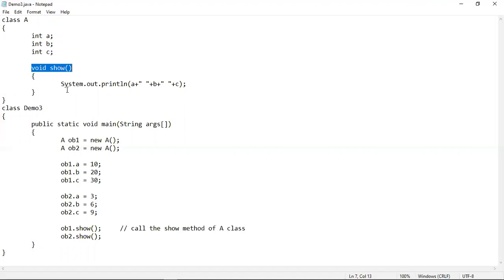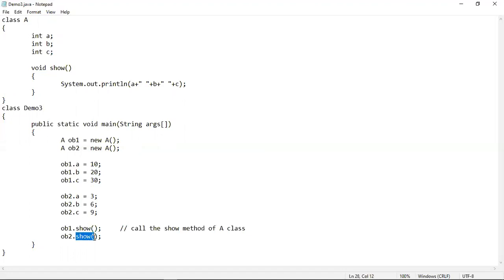Whatever is written inside the body of the show method will be executed. In our program, only the values of A, B, and C are printed inside its body. So the values of A, B, and C that have been assigned using the object ob1 will get printed first, which are 10, 20, and 30 respectively.